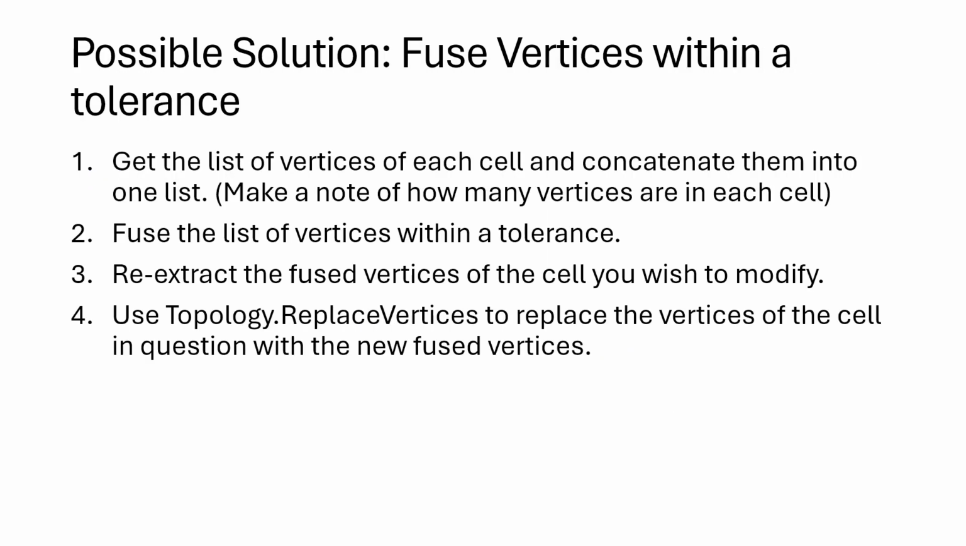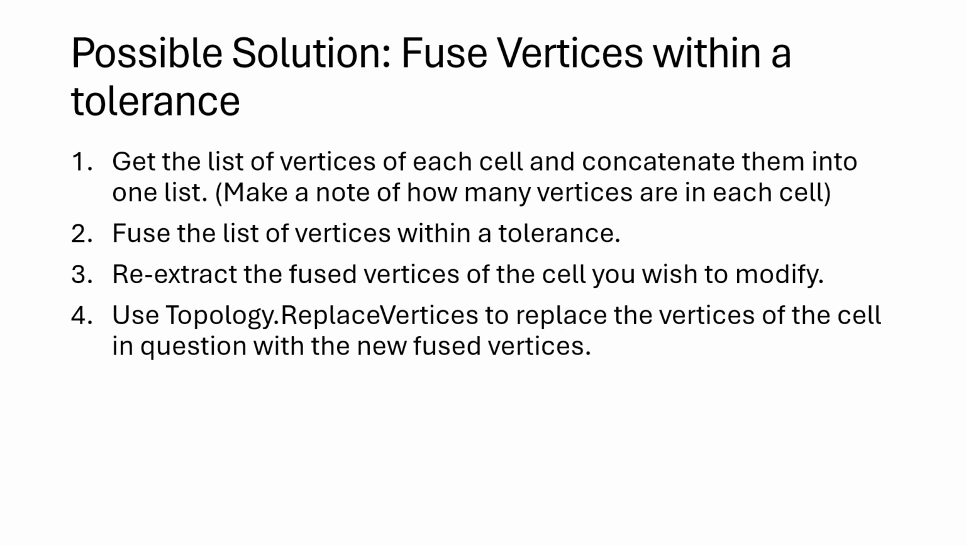So here is the possible solution: to fuse the vertices within a tolerance. This is made out of 4 steps. I'll go through them in detail, but let me just give you an overview. The first step is to get the list of vertices of each cell and then make them into one long list, and to make a note of how many vertices are in each cell. In this case, since they're both cubes, each cube will have 8 vertices,